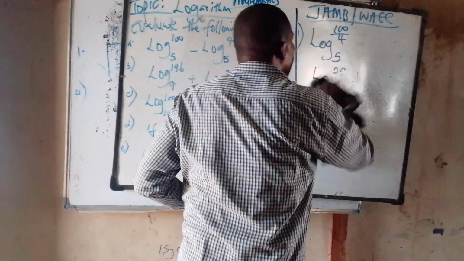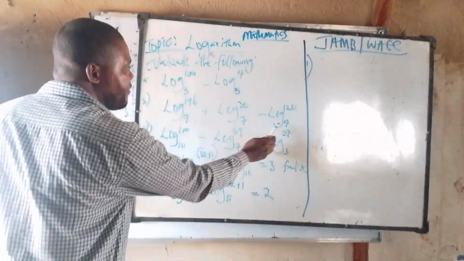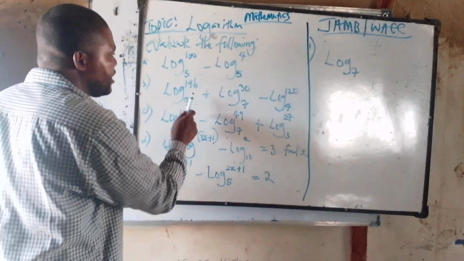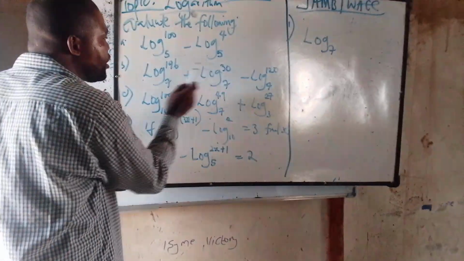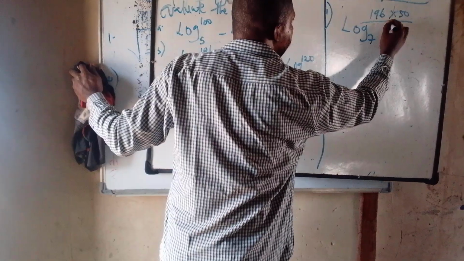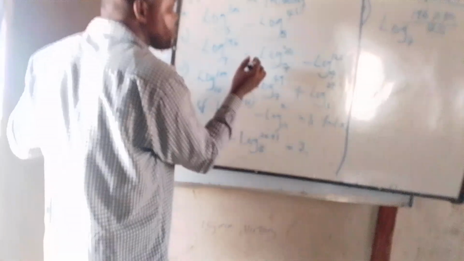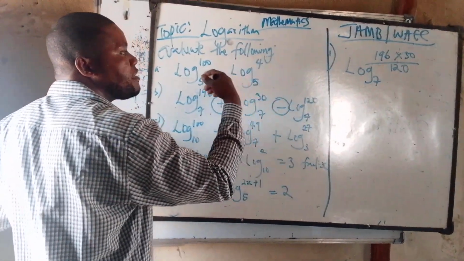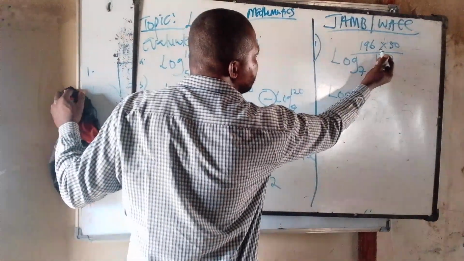Let's look at number 2, the second one. Here I have log 7, I have log 7. I will just pick out one log 7. Then for the powers, look at here and here, I have plus linking them, and here I have minus. The one with plus I will multiply. It will now be 196 times 30 divided by 120. Why did I divide? Because I have a minus sign here. But here I have plus. If you have plus, multiply their powers. If you have minus, subtract and divide their powers. 196 times 30 will give you